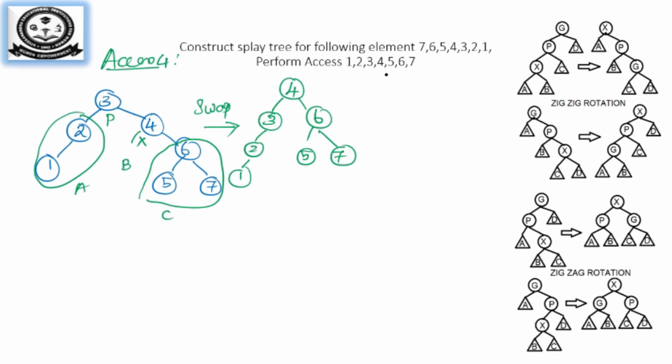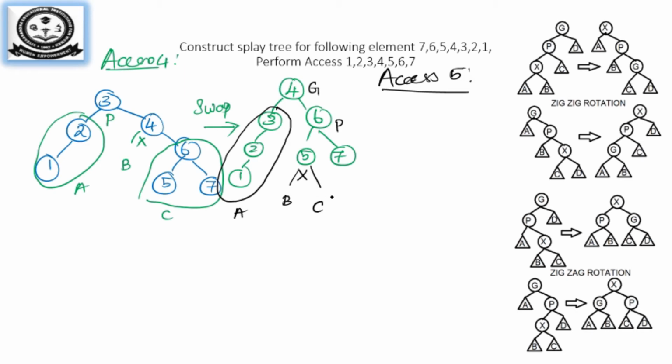Now for access 5, from this diagram you have to do, so we have a space, so we will do it. Only one rotation. You can see X, P, G. So you have this entire structure as A. Okay, I don't have B, I don't have C, but I have D. So now rotate it. So you will be performing zigzag. It's similar to zigzag. So 5 will be at the top. Okay, 4 will come down, 6 will come down.